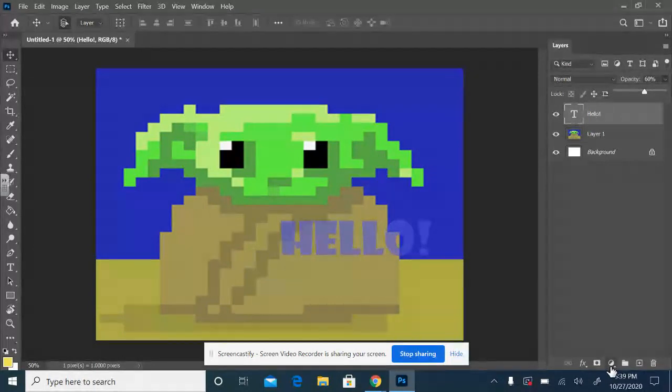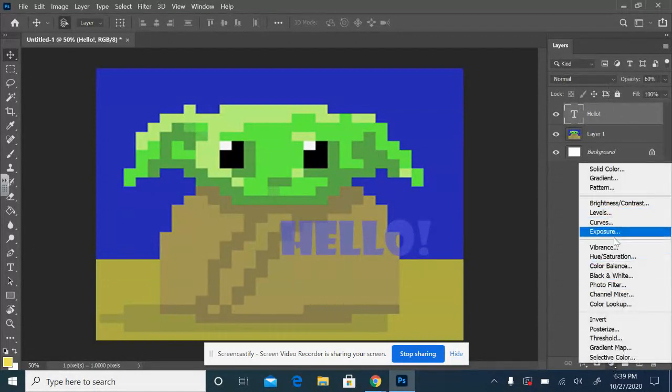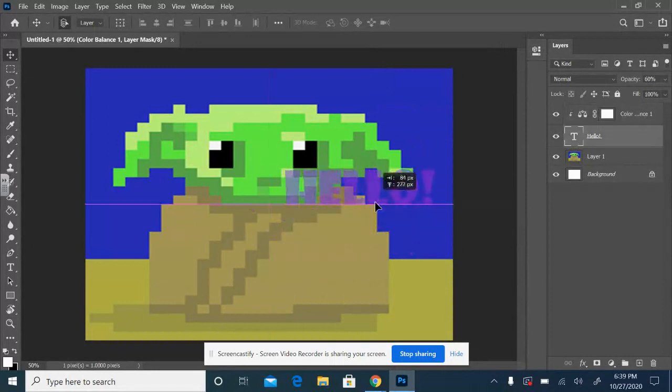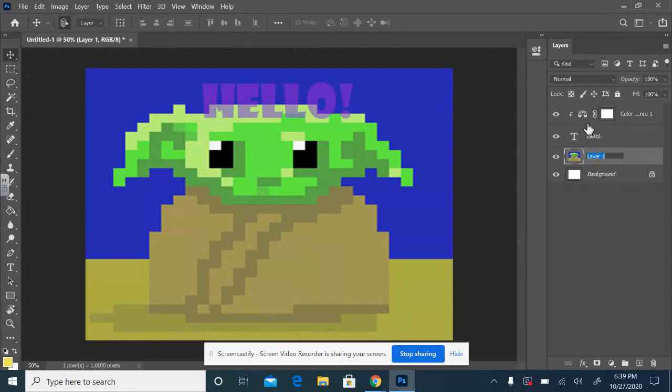We can go down here and click this half moon cookie thing and do an effect to it. We can change the color of it. There we go. So now it's kind of a transparent purple bunch of text. So this doesn't look like a good image, but I just wanted to show you some of the things layers can do. If it gets confusing, we can turn certain layers on and off. As you start to get lots of layers, we can organize them more by naming them,